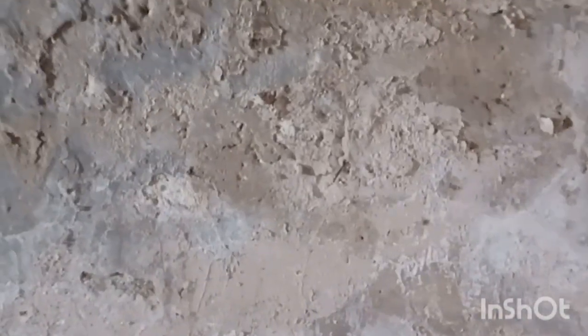Okay, well, in this part of the basement, I have a wall that was fairly smooth and finished, but there are some issues, some problems with this. You can see here that the concrete that they put over the wall is kind of crumbling and peeling away, breaking away. This is how some of the walls looked before, and I'll show you what I did to fix this. Sometimes you have to make a little extra work to fix something, and basically I just took my trusty hammer, and what you do is just gently